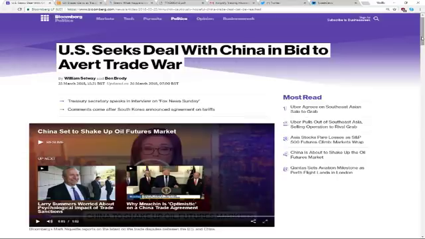This, of course, comes after last week China unveiled tariffs of around $3 billion on US imports in response to those steel and aluminium duties that were brought about by Trump a few weeks ago. In terms of the specifics, if you were monitoring the news as this negotiation develops, the list includes a reduction of Chinese tariffs on US automobiles, more Chinese purchases of US semiconductors, and greater access to China's financial sector by American companies. So this is what the US are lining themselves up for.